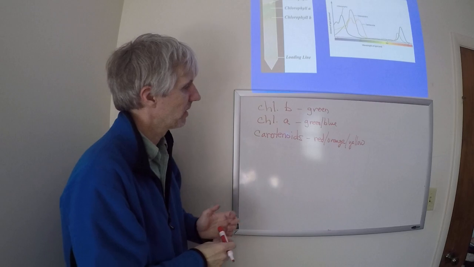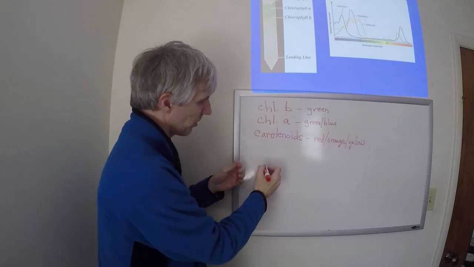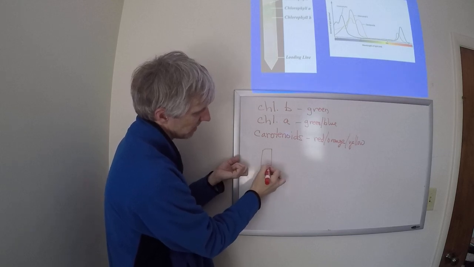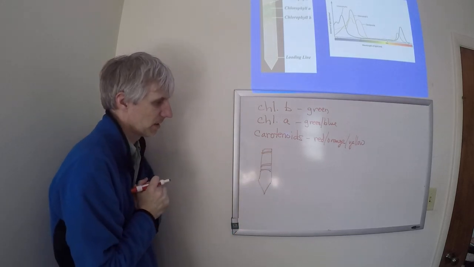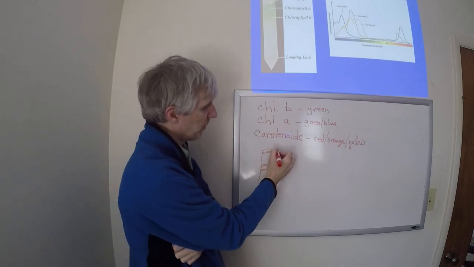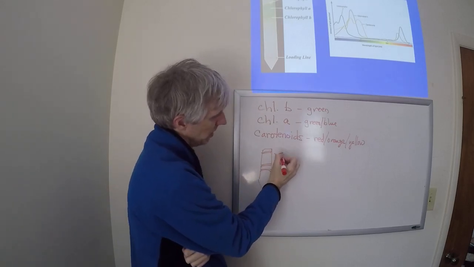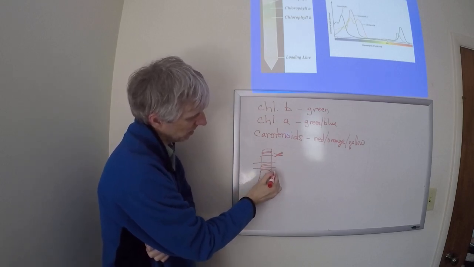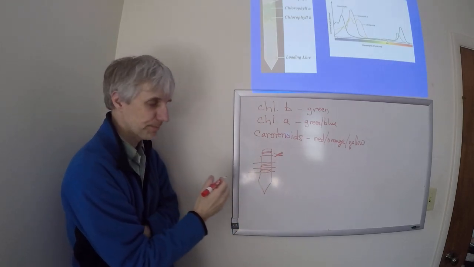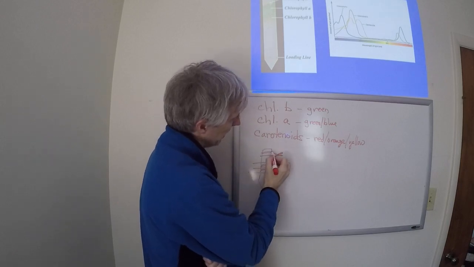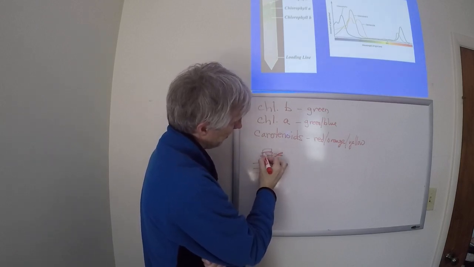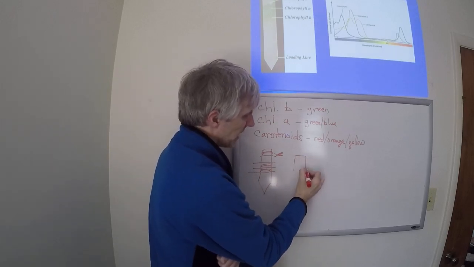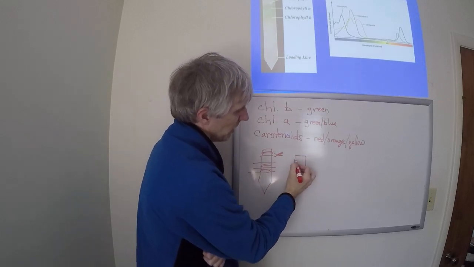Okay? Now, let's do then with our piece of chromatography paper that has these bands on it, let's take a pair of scissors here and let's cut each of these bands away from each other. Okay? Let's take this band, for example, that's the carotenoid band, and let's take that piece of paper and let's